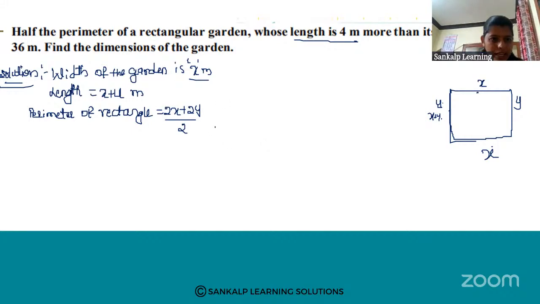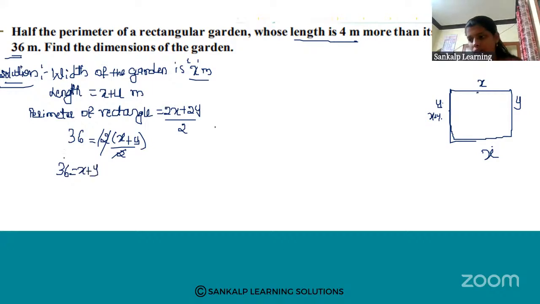The perimeter of a rectangle, that is 36 meters, they have given in the question, right? So perimeter 36 is equal to 2x plus 2y. Here also 2 is there, 2 is there, so 2 is common here. Take 2 outside, x plus y, divided by 2. 2 and 2 will get cancelled, right? What you will get? 36 is equal to x plus y. Now transfer this x to this side, that is y is equal to 36 minus x, you will get